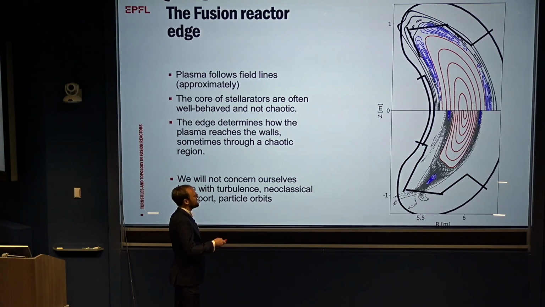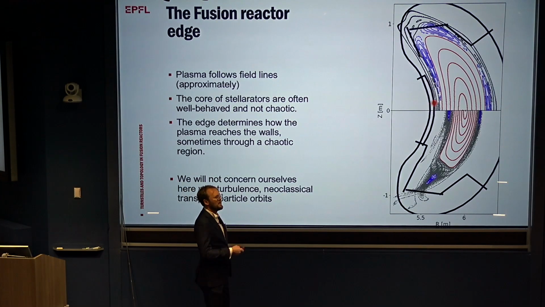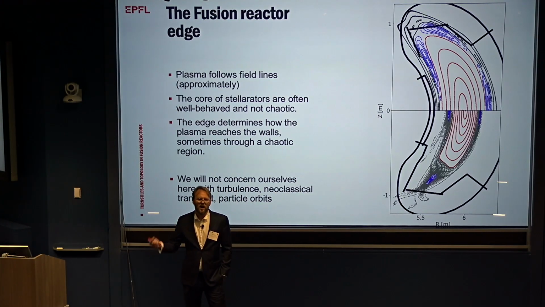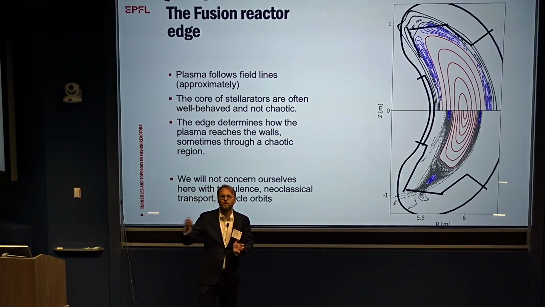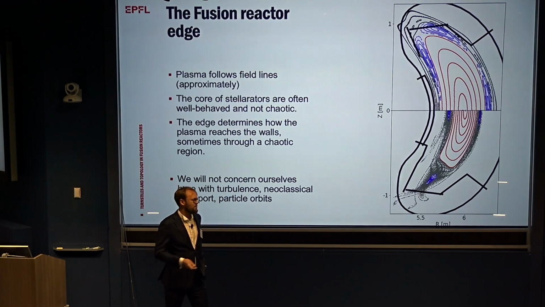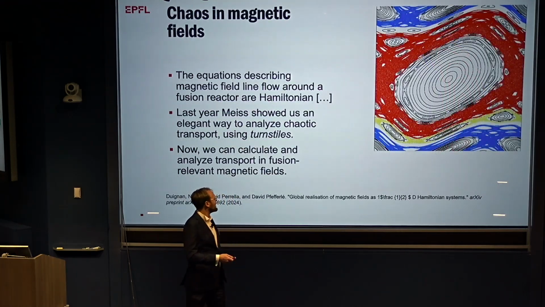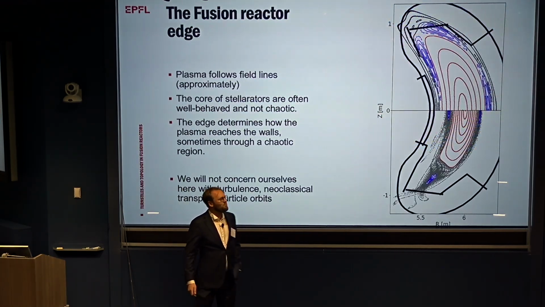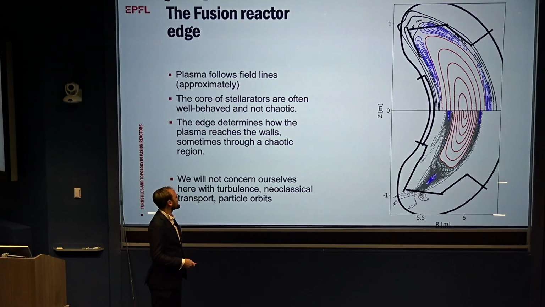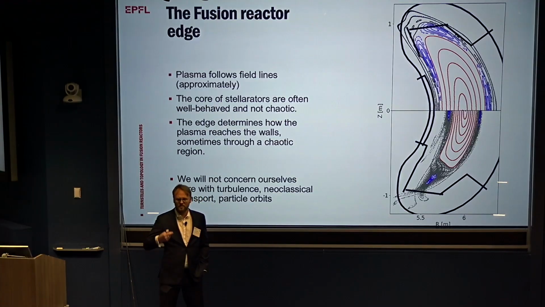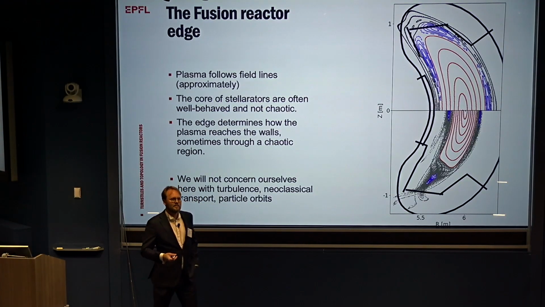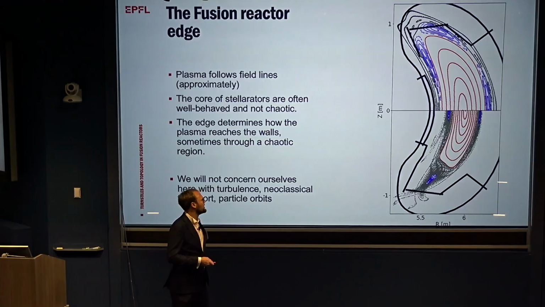We have magnetic surfaces in the center that are all neatly closed orbits. And the plasma, to first order, follows those field lines. So in a plasma, the perpendicular transport, the rate at which particles move perpendicular to field lines, can be orders and orders of magnitude higher than their parallel transport. And so, these trajectories of the field lines